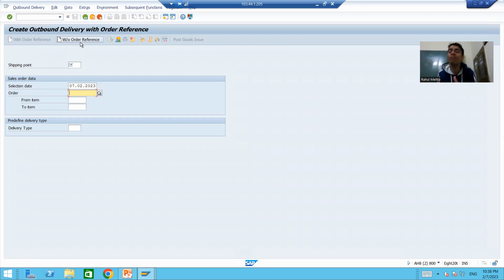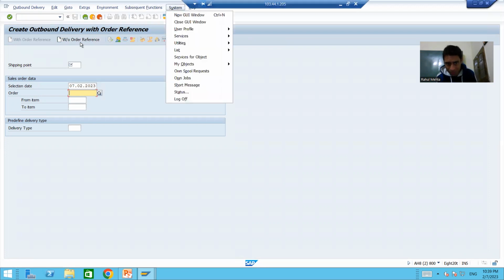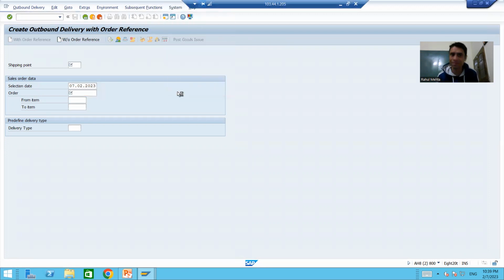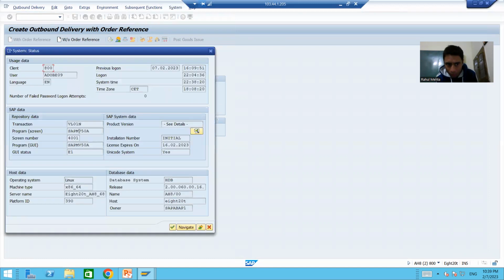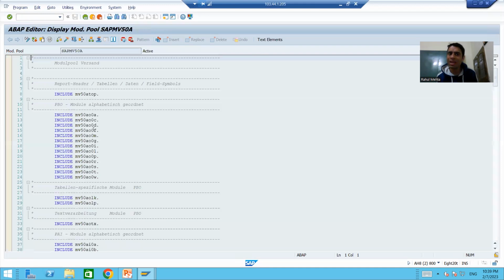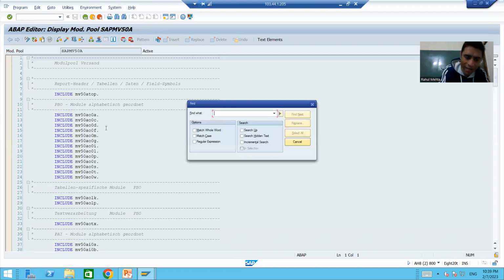So how can you find the user exits there? Simply go to System, then Status, and double click on the program. This is the program, and you will find the user exits there. Just search for user exits,